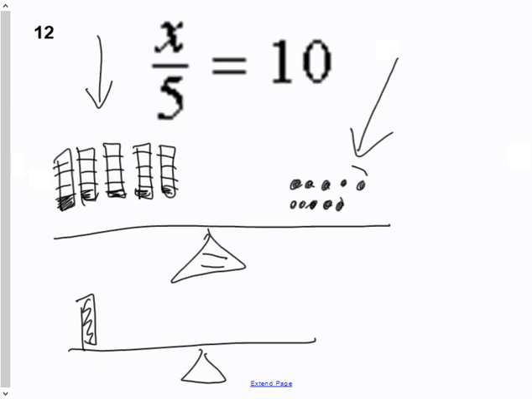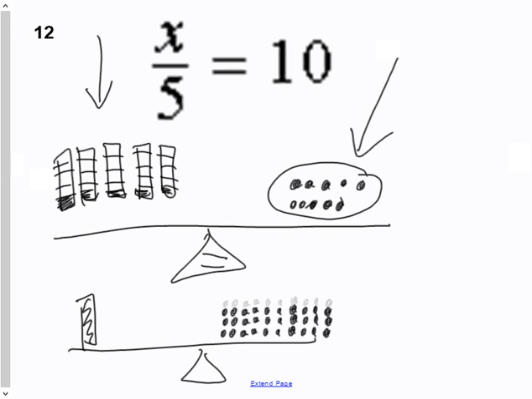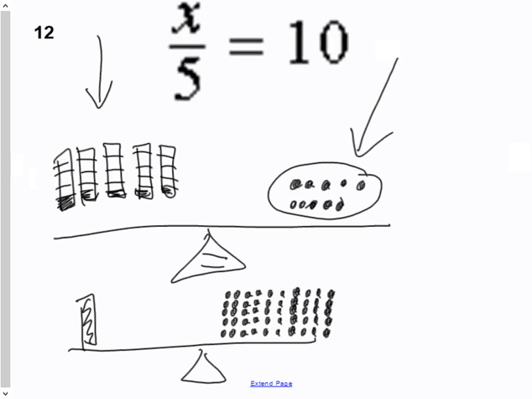So right now we have 10 of them over here. And if I multiplied it by 5, I would have to have those 10, but not one of them. I'd have to have 5 groups of 10. That's 1, 2, 3, 4, 5. 5 groups of those. So there's one group, there's 2 groups, there's 3 groups, there's 4 groups, and there's 5 groups of what was on there. So here is 5 times bigger than it was. Oopsie daisy. What happened there? And here is 5 times bigger, and I end up with the answer of x is equal to 50.